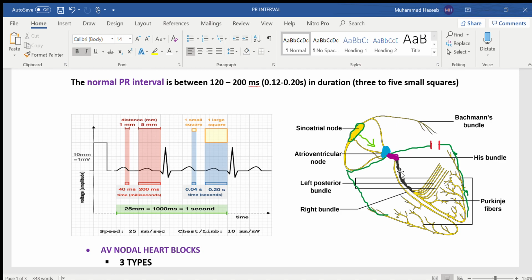During that pause, the impulse will not be generated by the new pacemaker, and there will be no ventricular depolarization, no ventricular contraction, no output, and blood will not go to the brain. The brain cannot survive without oxygen or blood, and the patient becomes faint immediately. They will lose consciousness.